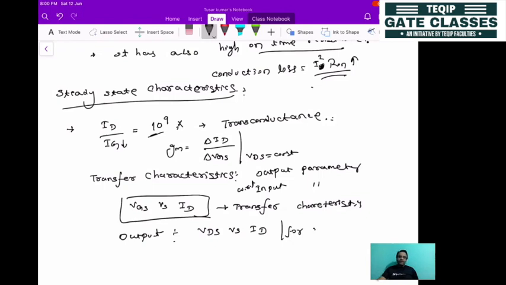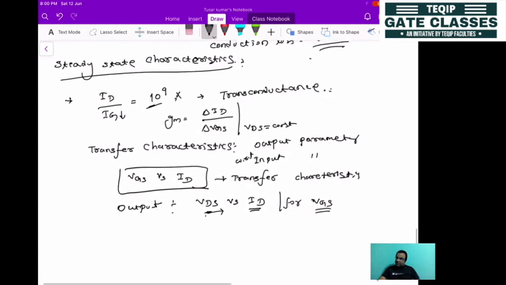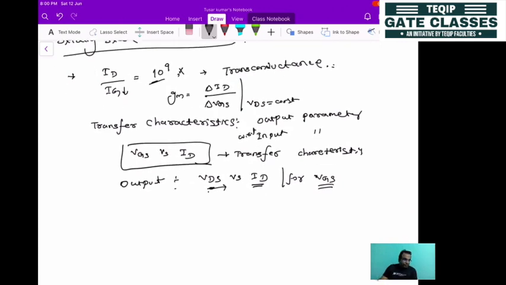It is the same as your transistor. While plotting the characteristics, you follow the same rules. This is for different input voltages, the VGS values. You have to see the variation of the drain current with respect to VDS. If you go on increasing VDS, what will be the magnitude of ID in the different areas of operation of this MOSFET? There are three regions that will be defined as far as the output characteristics are concerned. We'll see that while discussing the output characteristics. First we will see the transfer characteristics.